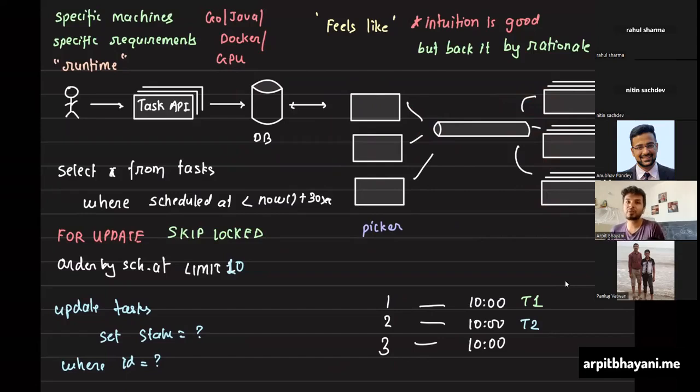So this is why you need to have these machines only pick the tasks that are eligible for execution right away, put them in a queue, let workers pick that up and start executing. This reduces the load on this DB because now you are not reading just one row at a time, but 10 or 50 or 100 rows at a time. This way, when you have a million tasks, you would not require a million machines over here to read them and execute them. This is now a decoupled system. That one is picking up, another one is executing, right?